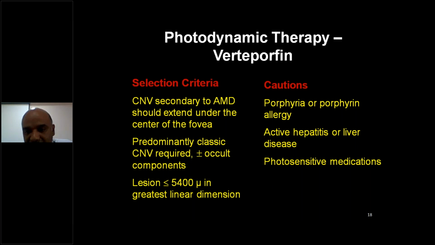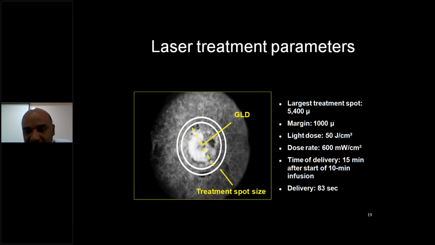What are the problems with verteporfin? It can cause hepatitis or some liver disease. It is a very photosensitive drug. They can have allergy due to porphyrin. These are some problems with the verteporfin drug. So this was a dye which was injected into the veins, and once this dye reaches the eye, because of its oxygen radical release, it used to damage the new blood vessels and get the AMD under control. So that was the idea of photodynamic therapy.